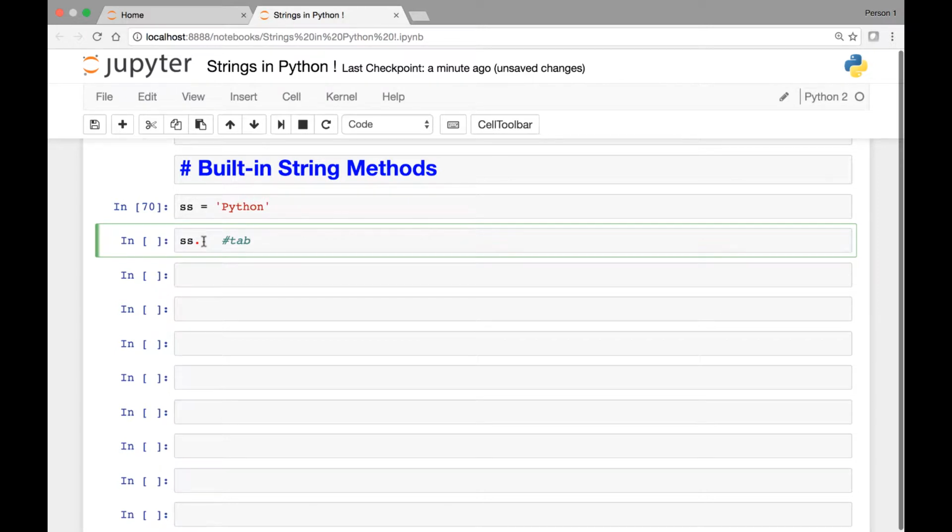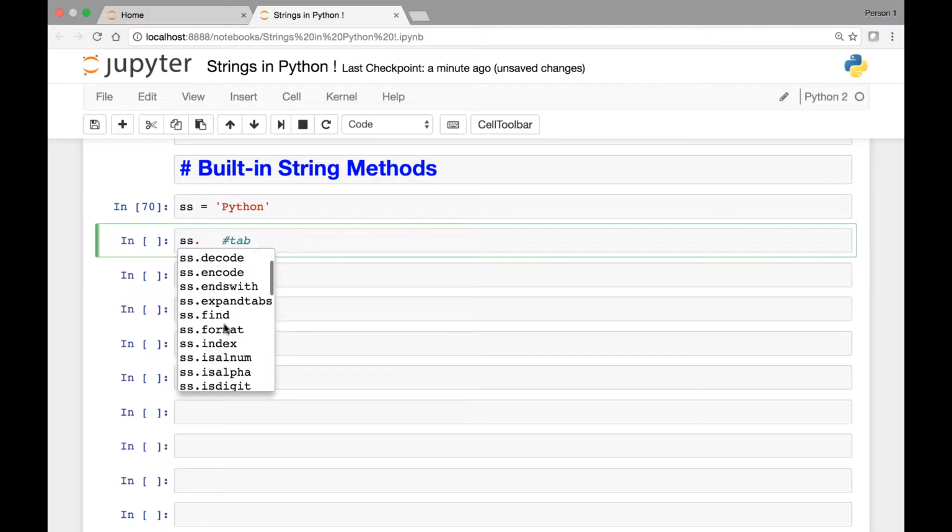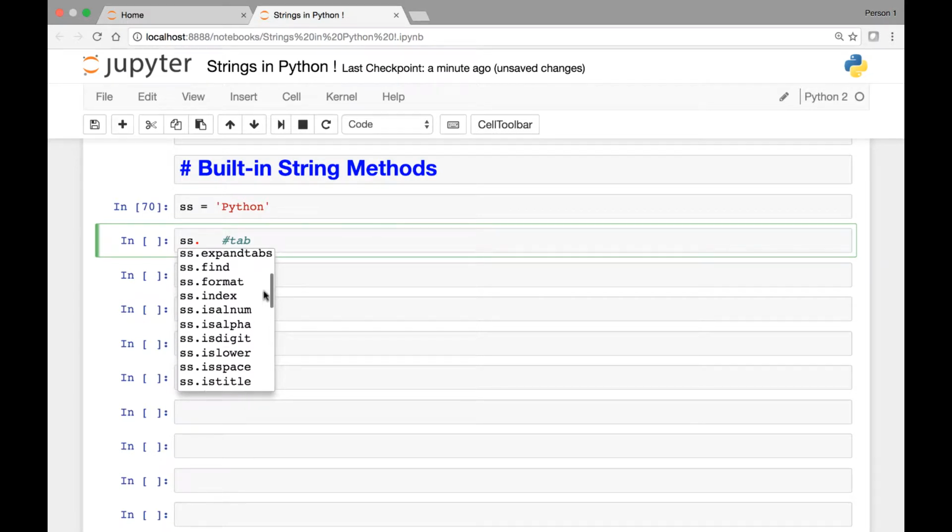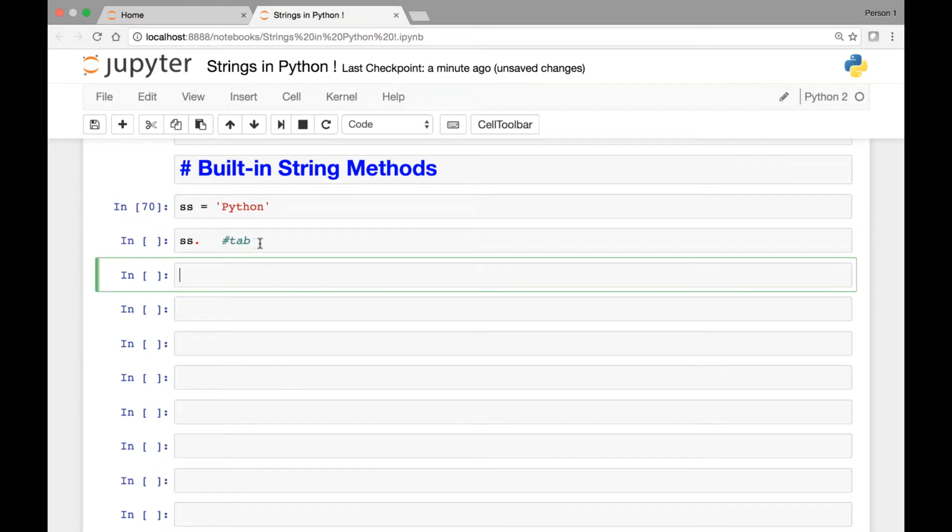So ss dot, and then hit tab on your keyboard. That will give us a list of all the string methods that we have. So we look at most of the string methods. Let's start by